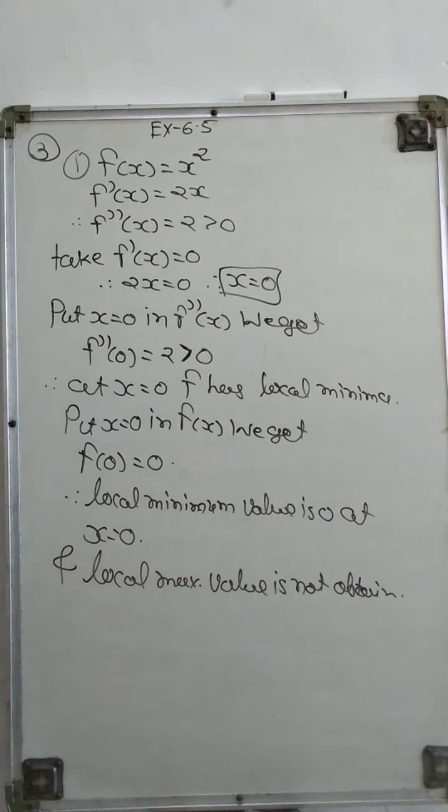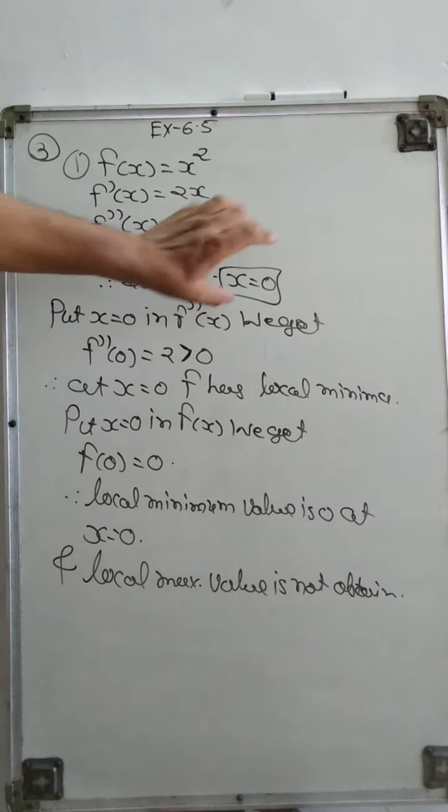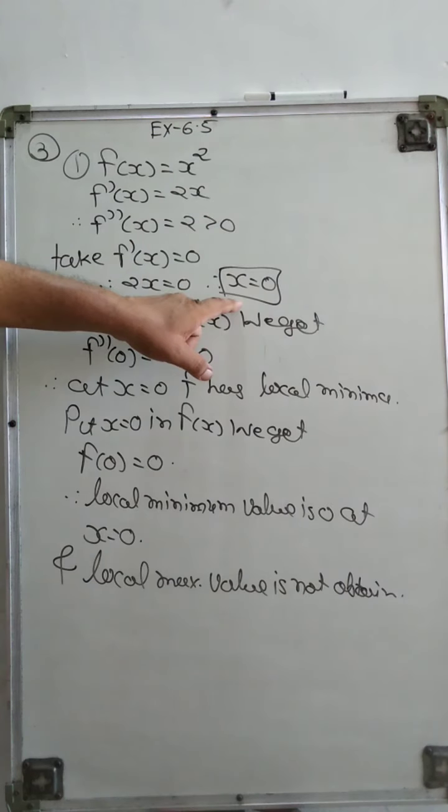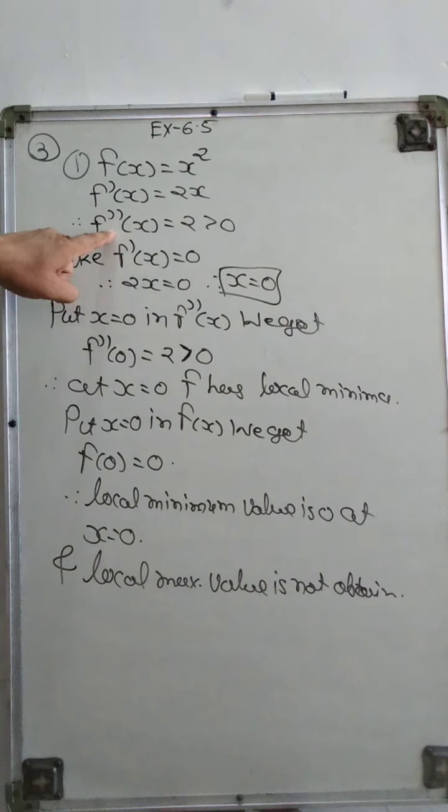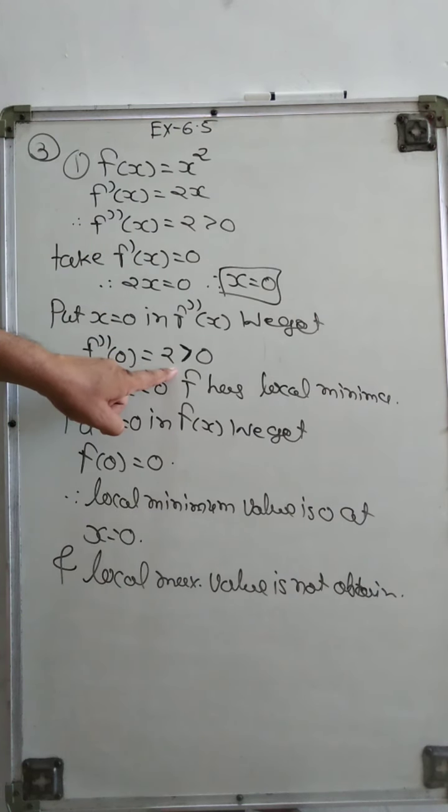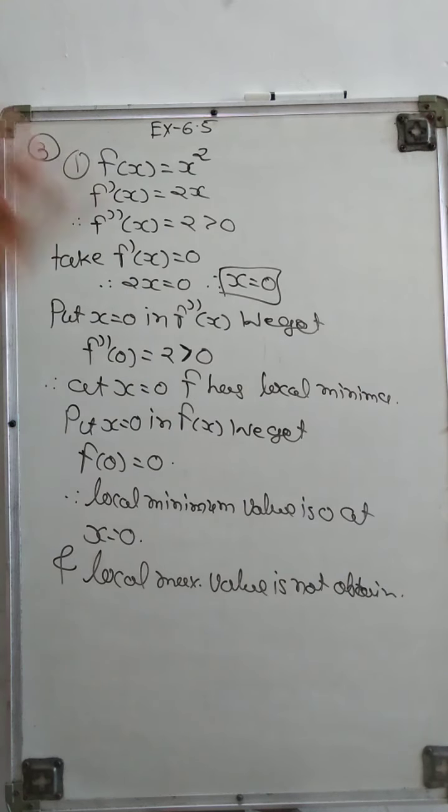Right? So this way the whole sum can be done. Here you just take the first derivative and second derivative. Put the first derivative equal to 0, then you get some value of x. Now put this value of x in the second order derivative and you get either a positive or negative value. Here we get a positive value. Therefore when the double derivative is positive, then the local minimum value exists at x equal to 0. Right? If it is greater than 0, we take the minimum value, and for the opposite, the maximum.